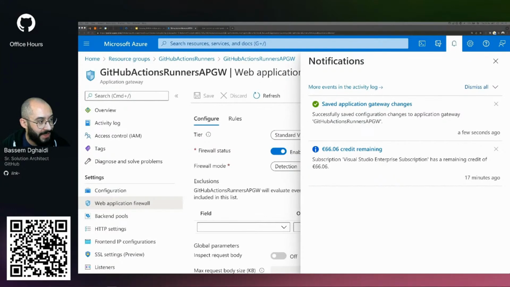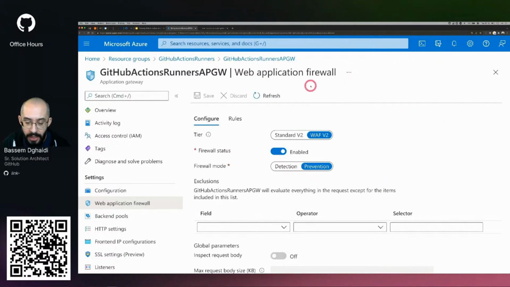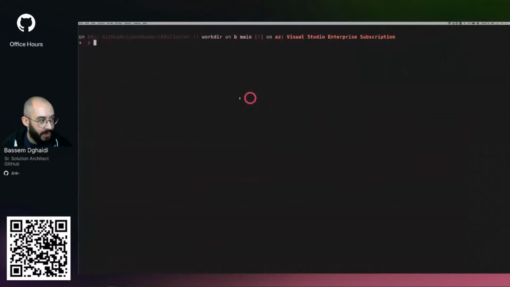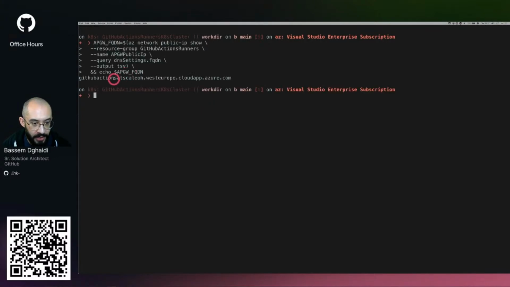And for us to do a quick sanity check, we can simulate this. We can do a fake SQL injection, for example, on our URL and see if the WAF responds. So I'm going to jump to my terminal so that we can simulate a quick SQL injection attack. And we are going to first pull the application gateway host name,